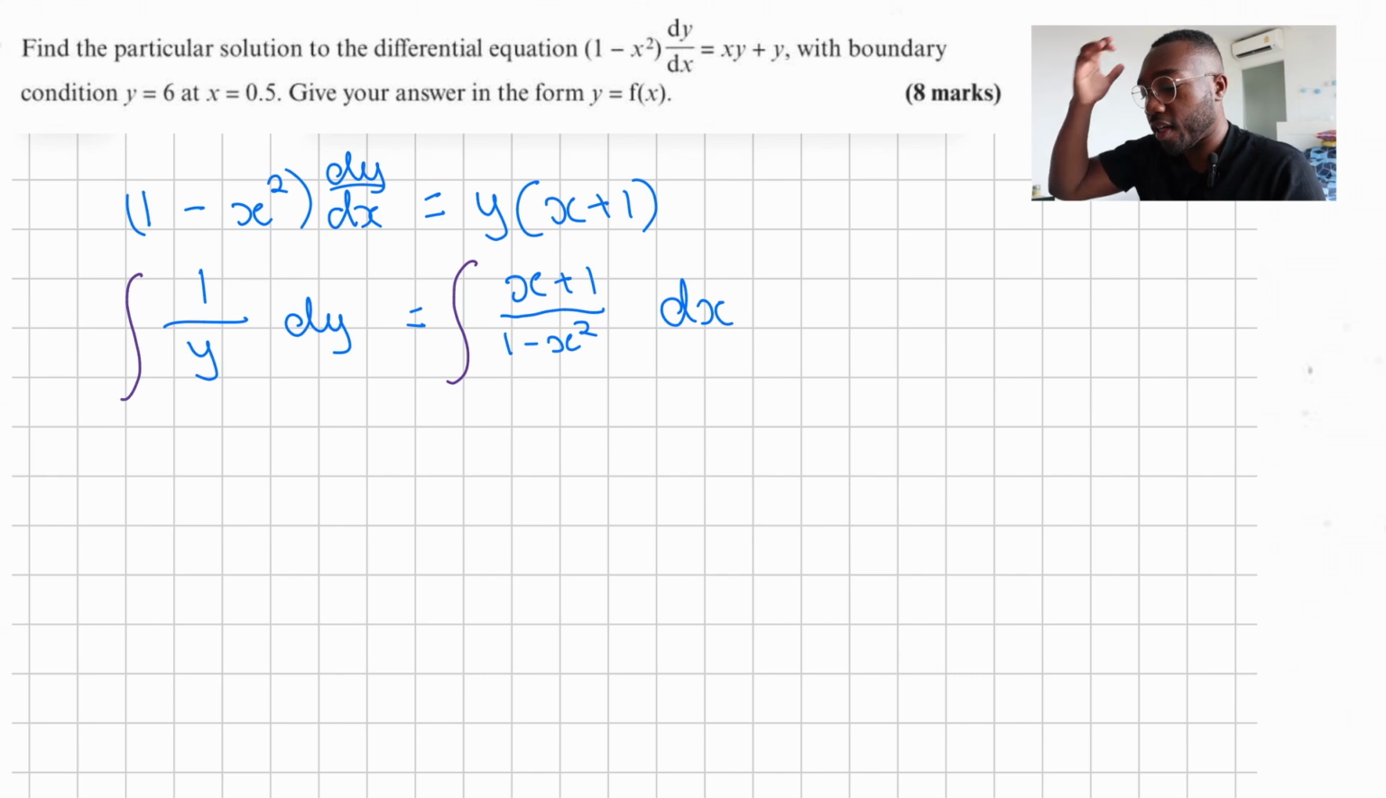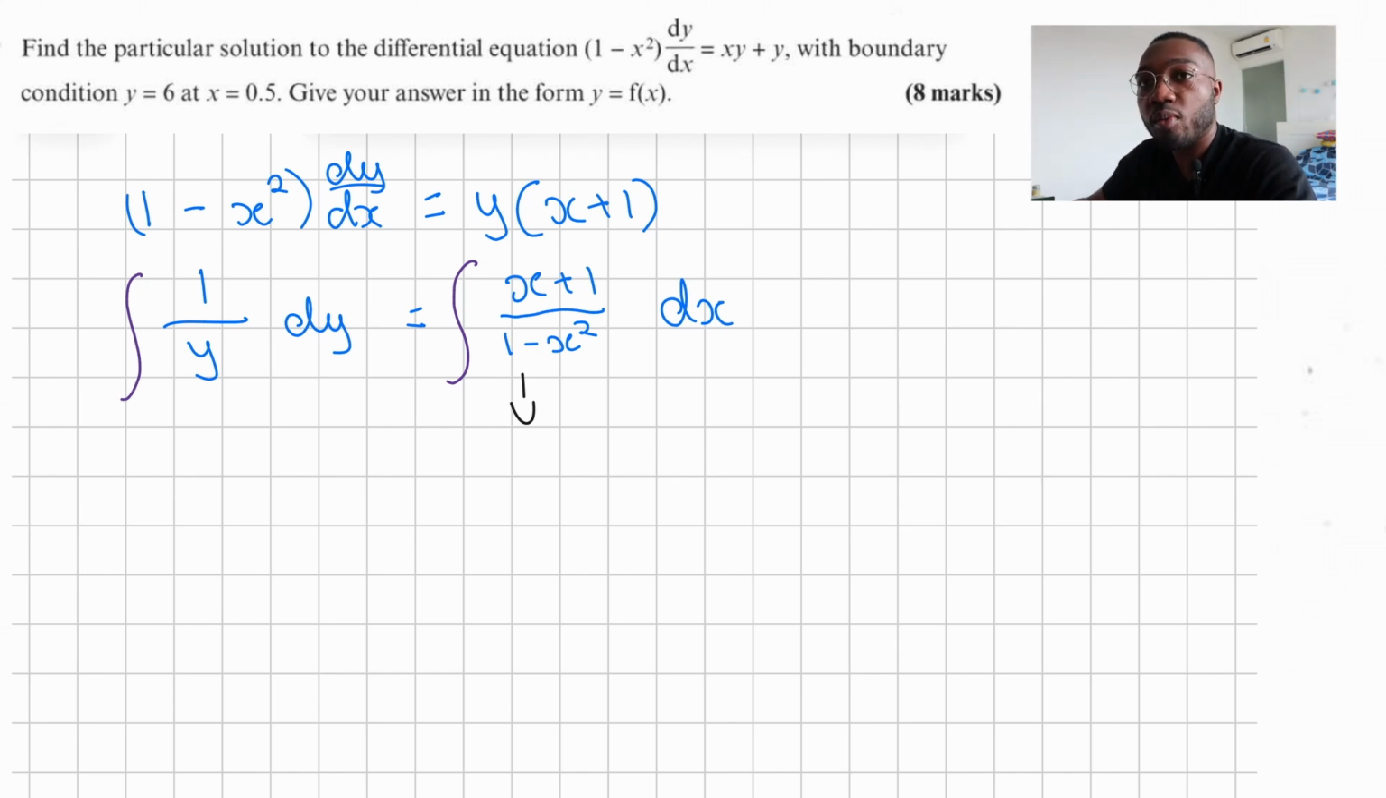Now, the first thing you're looking at is (x + 1)/(1 − x²). So you may think you need to do integration by substitution, or you may think you need to split into partial fractions. But really, if we just try and see what we can do with the 1 − x²,